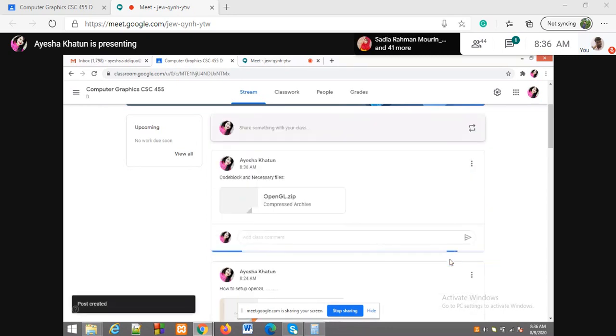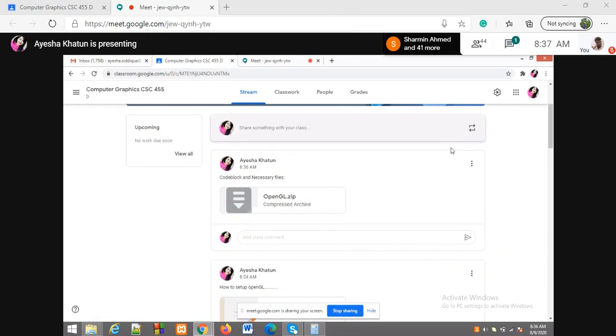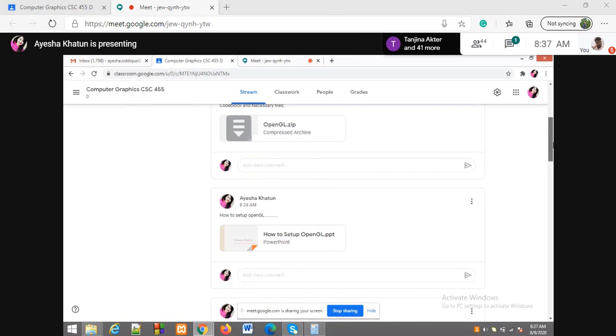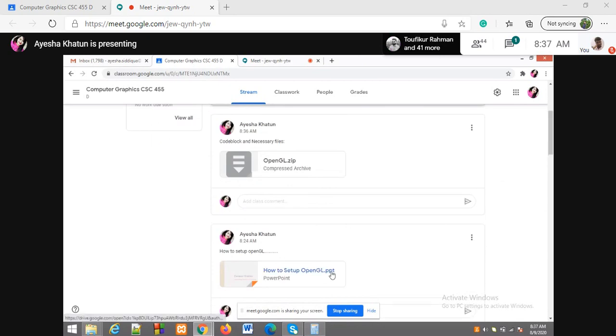You can see that I have uploaded the files, okay? You can have all the files, like the header file I mentioned, that you have to copy. That is also given, and at the same time, you can find the code block here also. But it's better if you download the code block from the internet and install it. It's also better because this is a very old version. So you take this file, see the instruction, and then install or create your environment now.